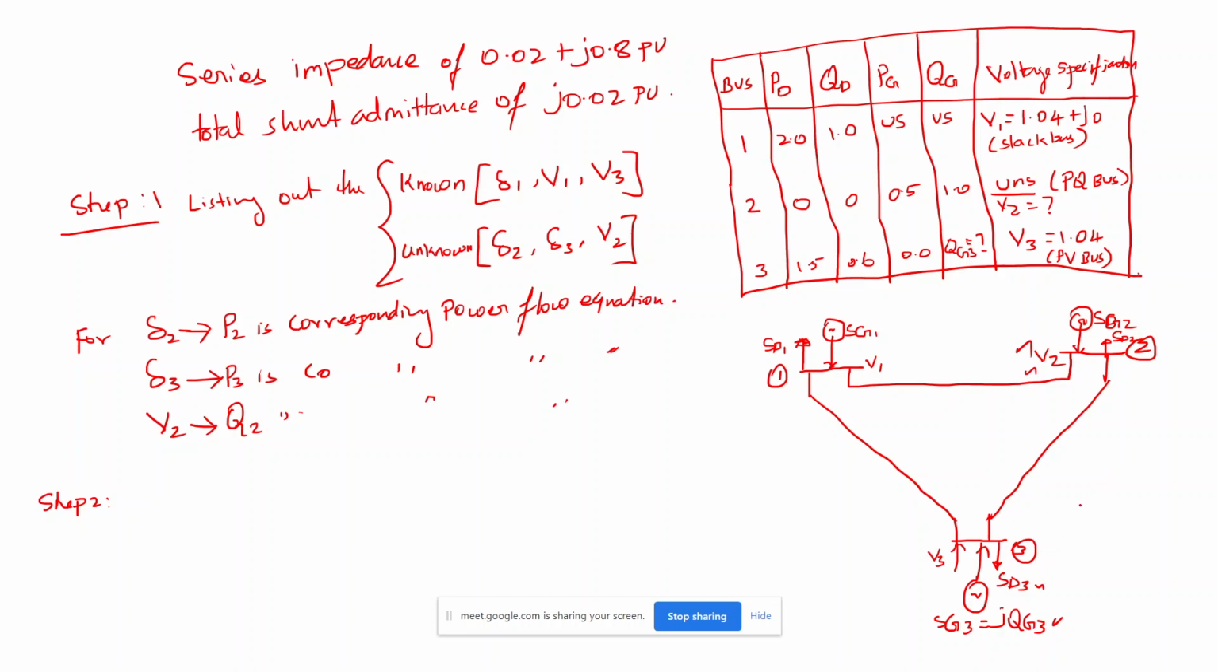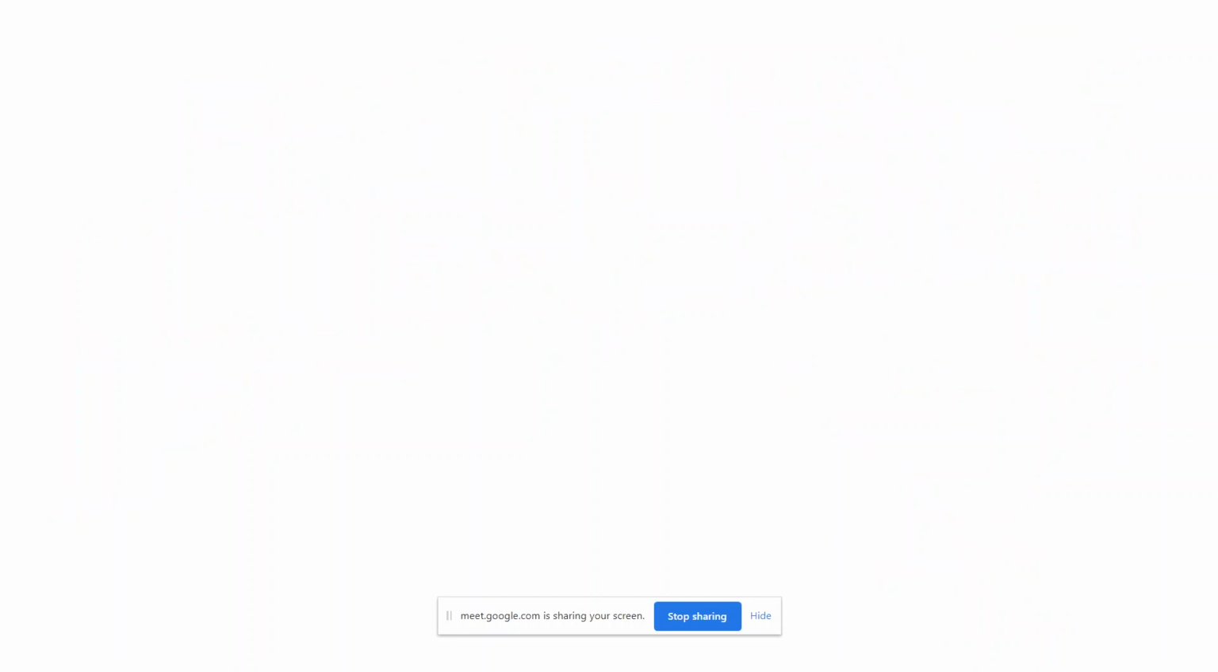What is the given V3 value? From the table column you can tell me. 1.04. Good. And what is the V1 value here? 1.04 plus J0. Okay. And we need to find out the voltage here, and so from this network we need to find out the Y bus matrix. And we know in the question